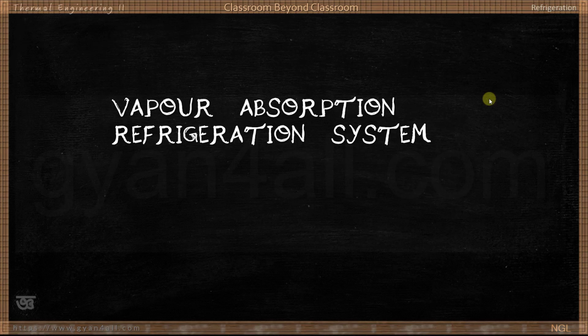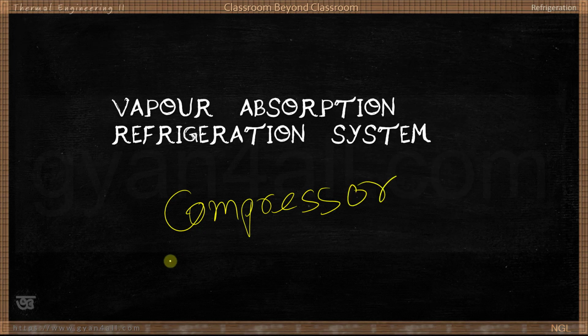We'll discuss the vapor absorption refrigeration system. In the previous class, we discussed the vapor compression refrigeration system. In that case, the refrigerant vapor was compressed by using one compressor. But in this case, the compressor is not used. There is no compressor in this refrigeration system, and in place of compression there will be only absorption,